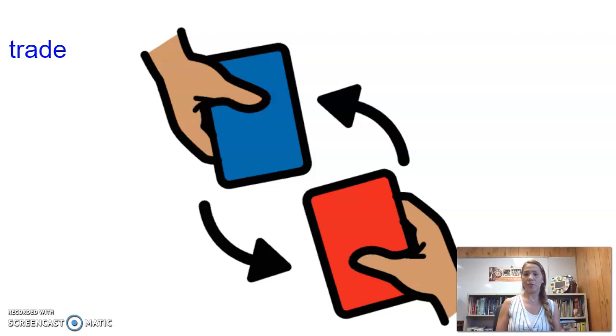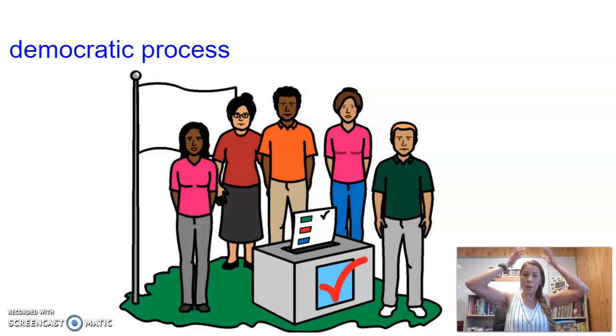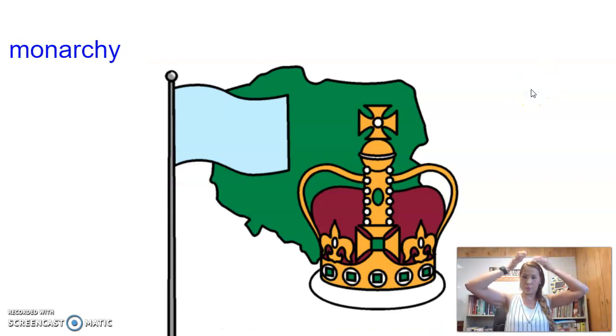Colonists also established a democratic process, allowing colonial citizens to select other citizens to run their territory locally. Although the monarchy still ruled the territories from Europe,